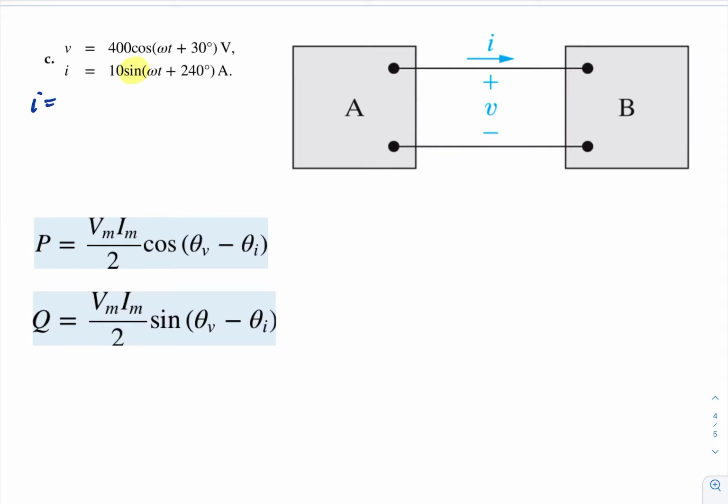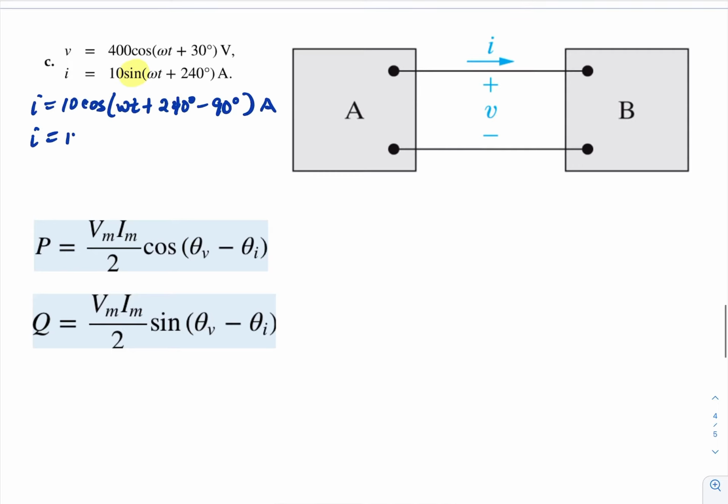So I is equal to 10 cosine(omega t plus 240 degrees minus 90 degrees) amps. Plugging this into the calculator, I is equal to 10 cosine(omega t plus 150 degrees), since 240 minus 90 is 150 degrees,